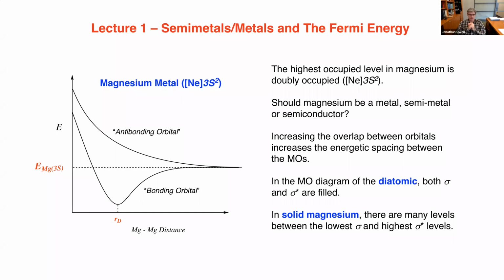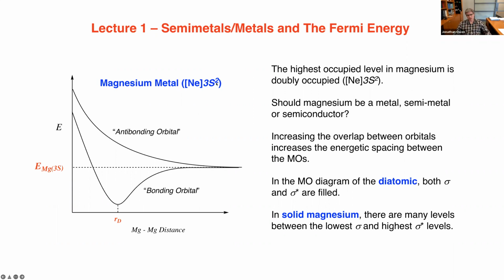And so you might ask for a minute, if you have a 3s2 level that's giving rise to your band, where the spread in the band is defined by the anti-bonding versus bonding orbital, would you expect magnesium to be a metal, a semi-metal, or a semiconductor? Okay, it's 3s2. You probably know magnesium is a metal because everybody describes it as a metal, but the highest